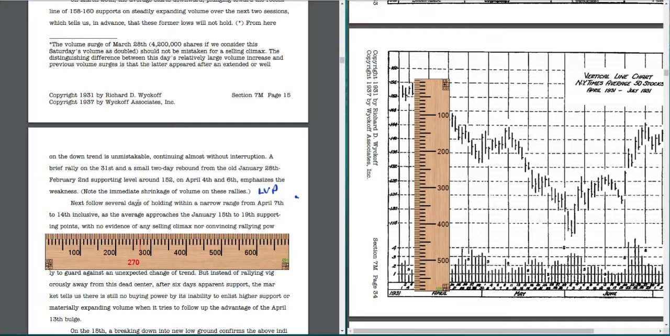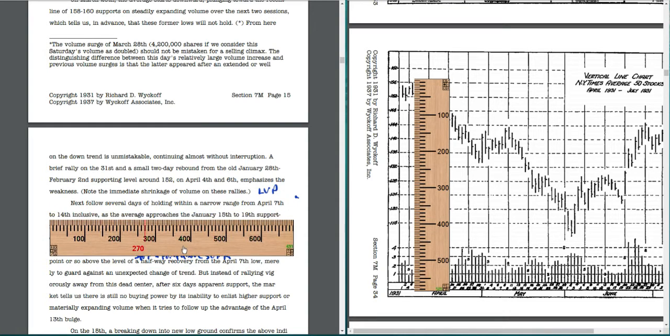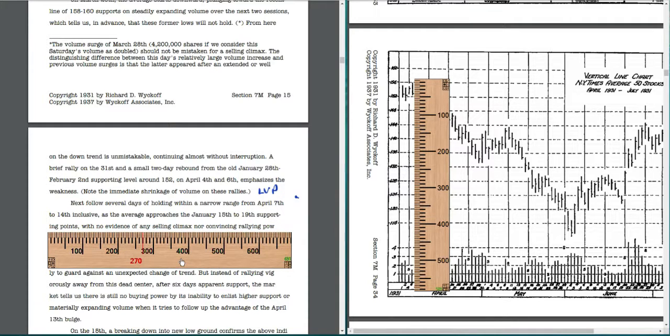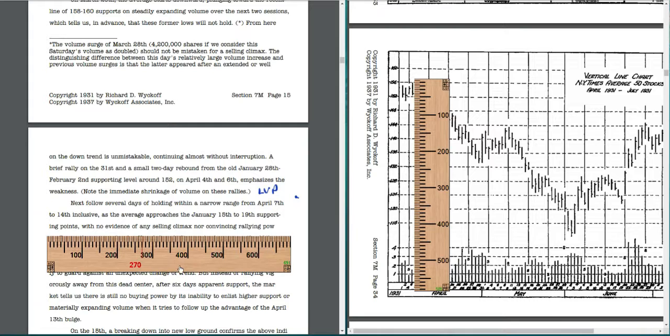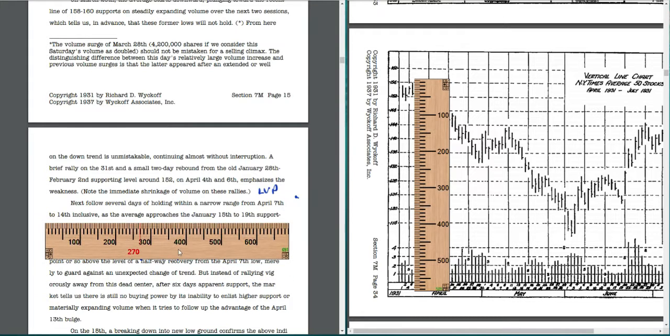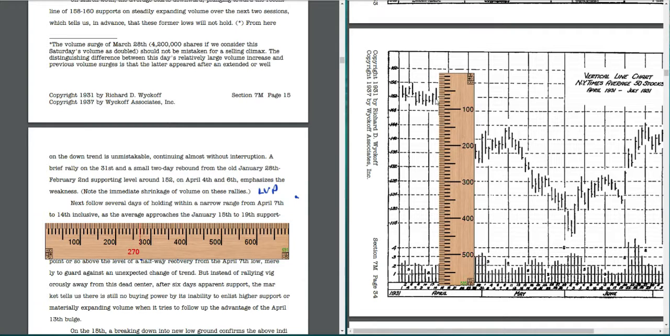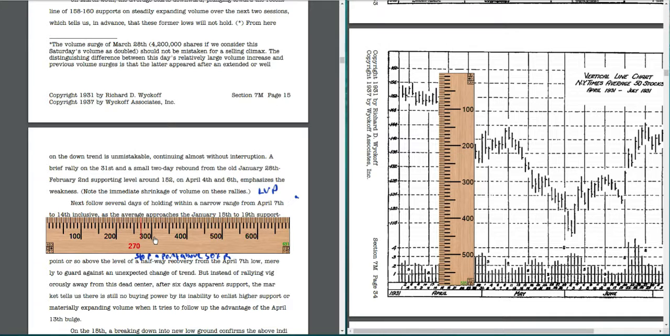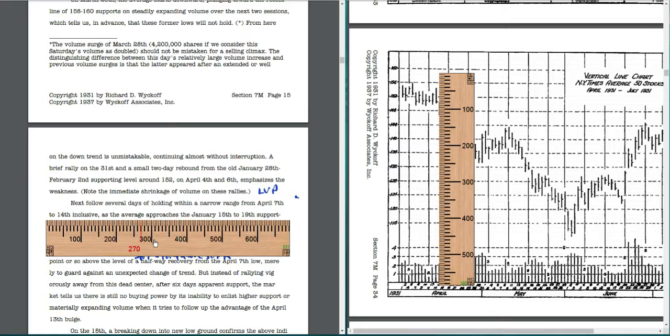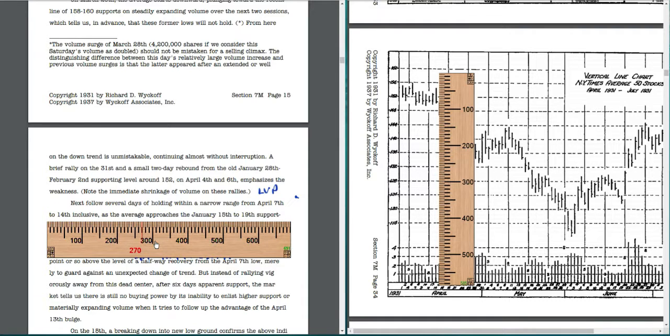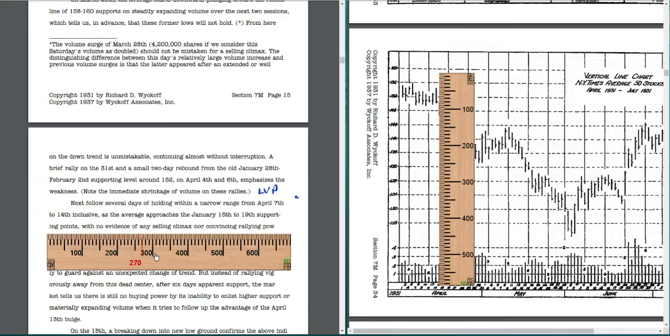Next, following several days of holding within a narrow range from April 7th to 14th, inclusive, as it approaches support, with no evidence of any selling climax nor convincing rally power. So next several days, here, what do you have? Narrow range, no evidence of any selling climax